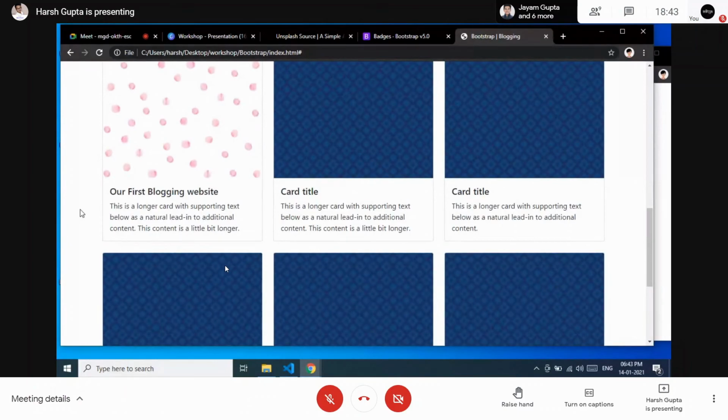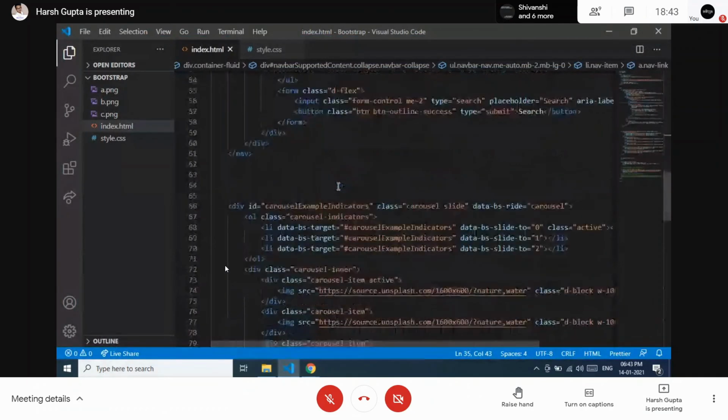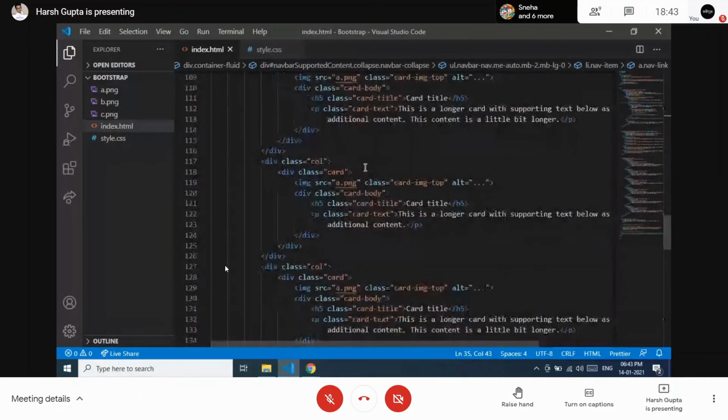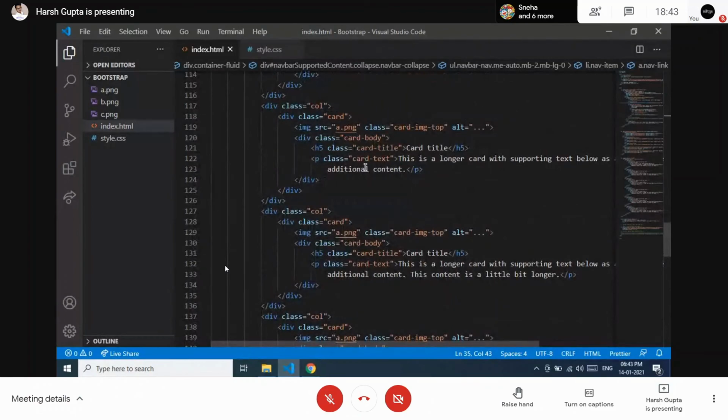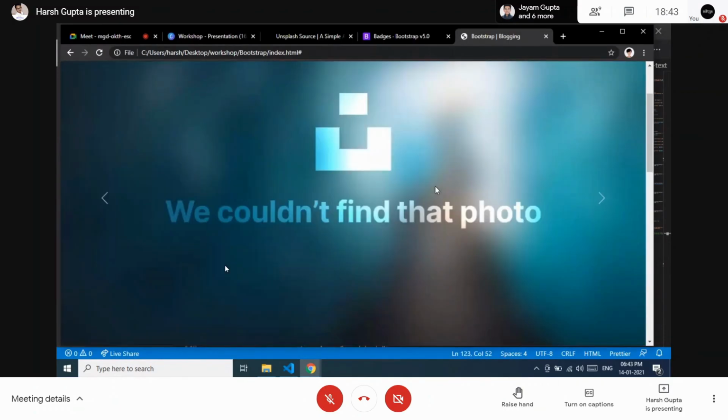Just go to the HTML file and change the content. So where are the cards? Okay, here. If you want to change some content, or if you want to change how your website looks, you can do it by applying some CSS of your own, or if Bootstrap has some features, then you can use them as well. And if it is about changing content, then you can also apply these. So that was about the blogging website, how you can make your own blogging website using the Bootstrap framework.